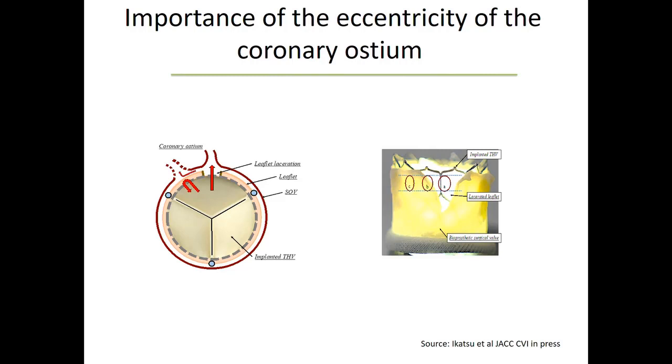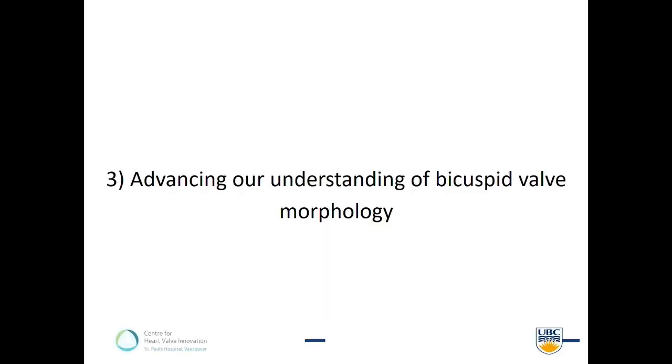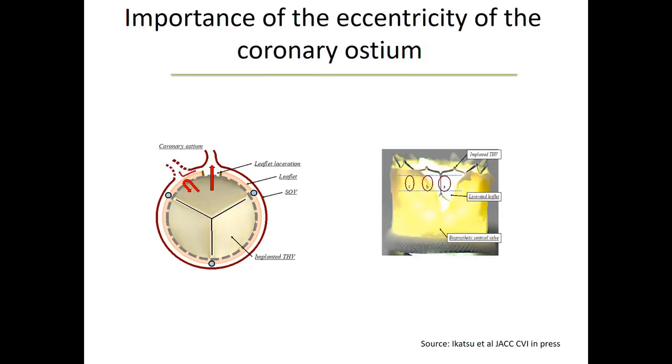But maybe CT can help us, because some patients, even if you do a Basilica, if the alignment of the posts is not respectful of the coronary ostia, you can slice it all you want, but you're not going to improve the flow. And so the eccentricity of the coronary artery, I think, will be something that we can identify.